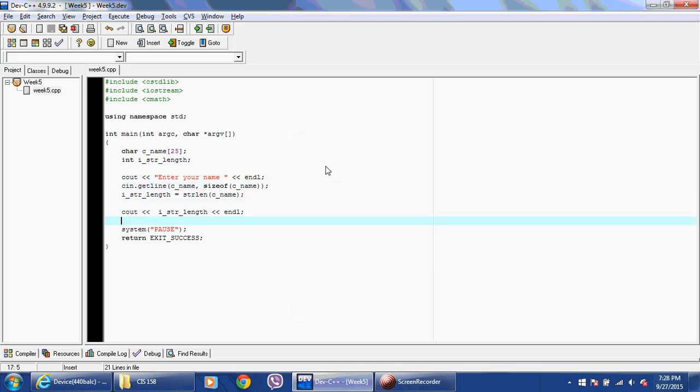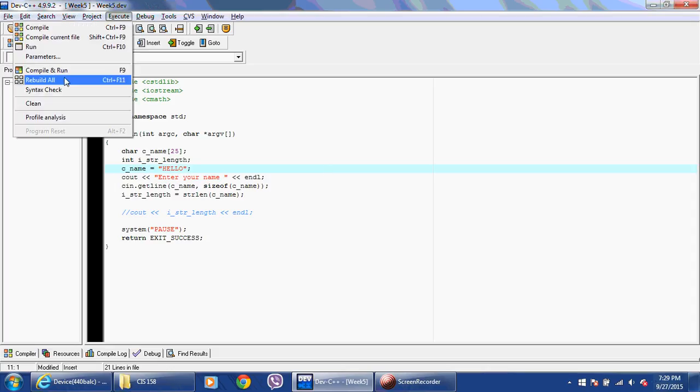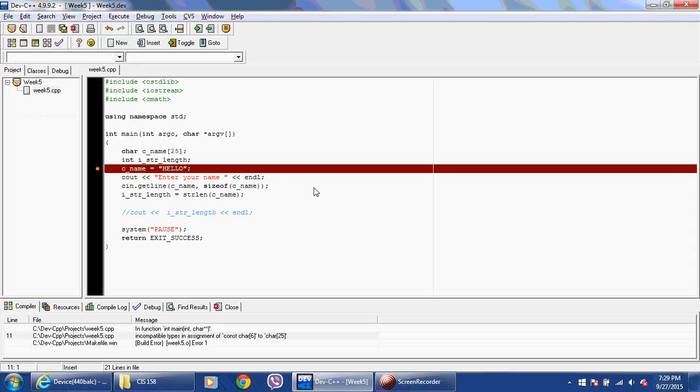Okay? The other function that we can use is the strcpy. As I showed you before, you can't do this. You can't do that, right? It gives me a compiler error. So if I try to compile that, it says no. But what I can do,